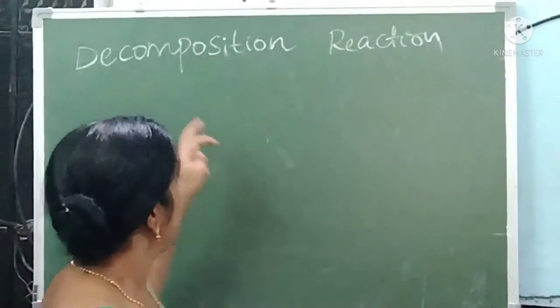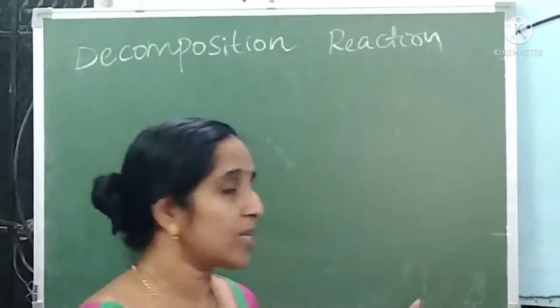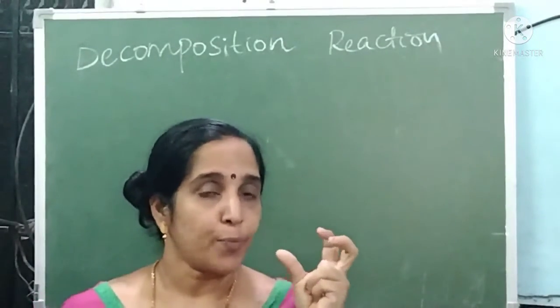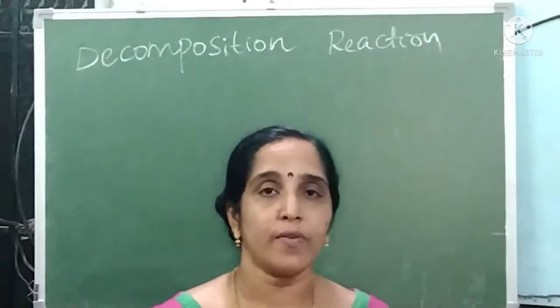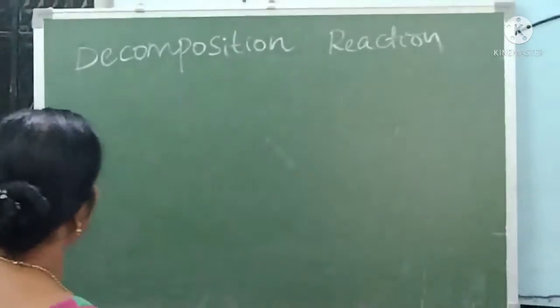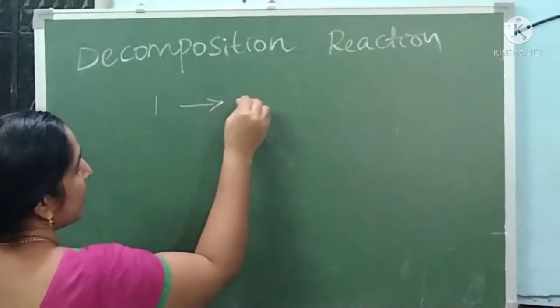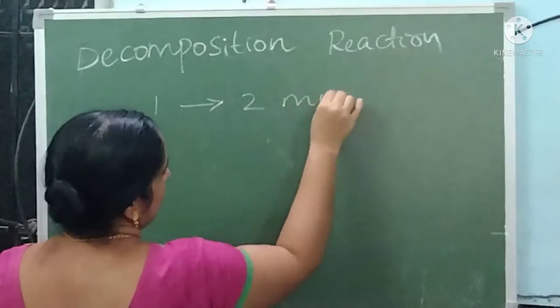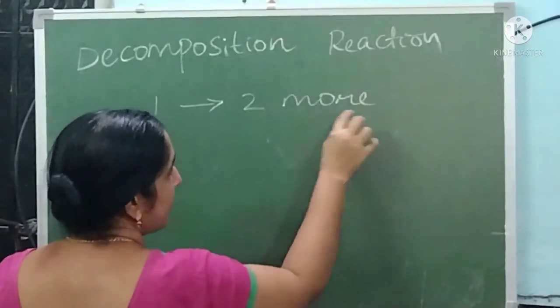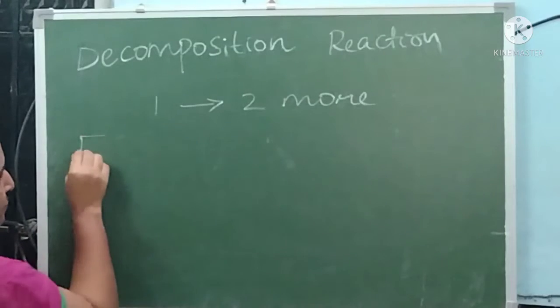Decomposition reaction. We have already studied combination reactions. In combination reactions, the reactants are 2 and the product is 1. In a decomposition reaction, there is only one reactant and the products will be 2 or more. Then it is called a decomposition reaction. For example,